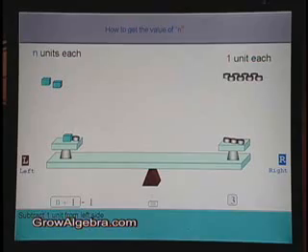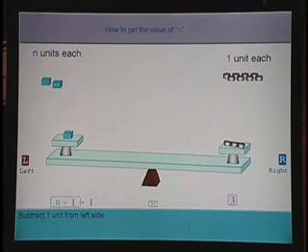Let's do that. Alright, we did that. But what happened here? As soon as we took off 1 unit, our balance is now no more balanced. It got unbalanced. So we need to balance it. We need to find out what we should do so that our balance is balanced and we are able to solve our algebraic equation.